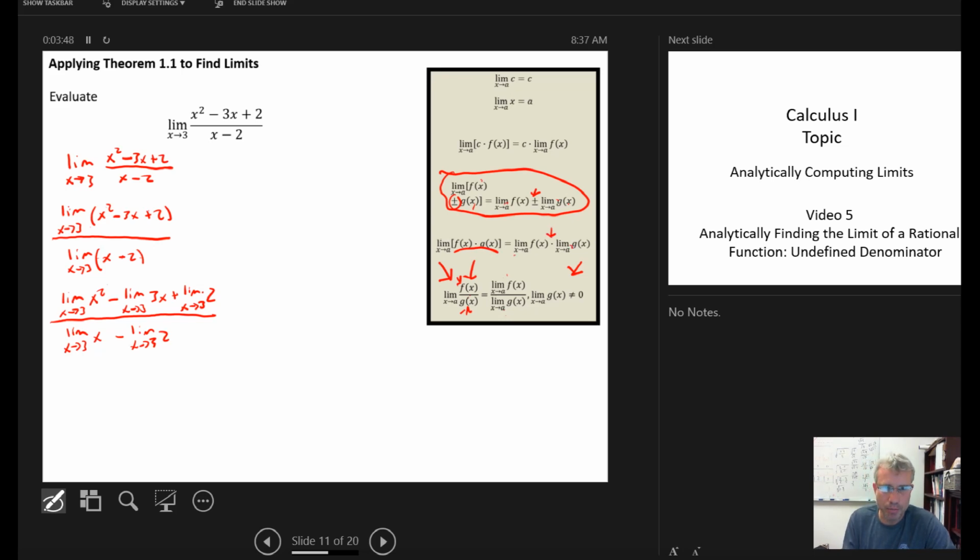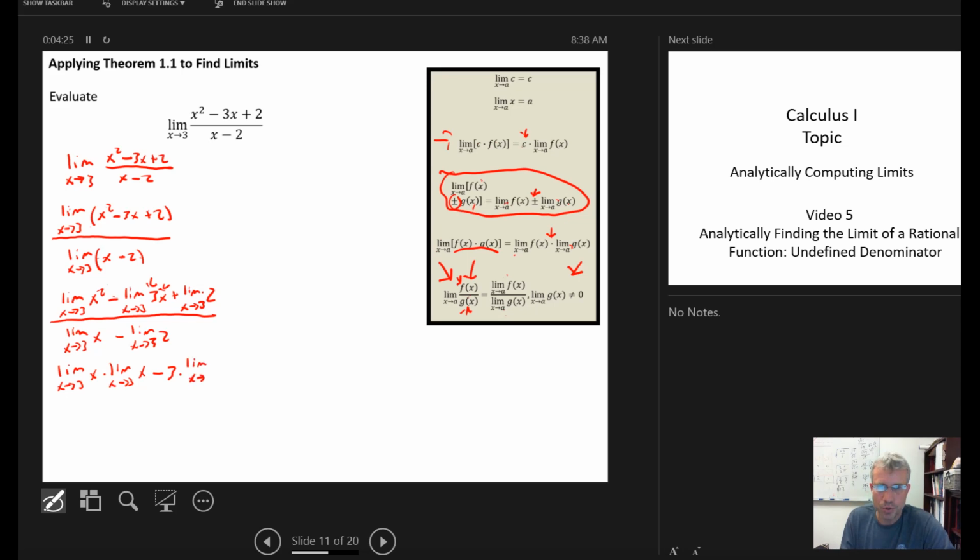So I'm going to rewrite this term as the limit as x goes to 3 of x times the limit as x goes to 3 of x, because x times x is my x squared, minus, now I have a constant times a function x, so I can use this tool, which says if I have the limit as x goes to a real number of a constant times a function, I can multiply the constant times the limit of the function. So this is rewritten as 3, the constant, times the limit